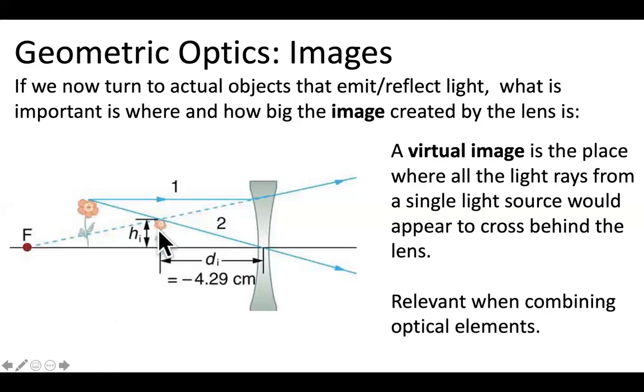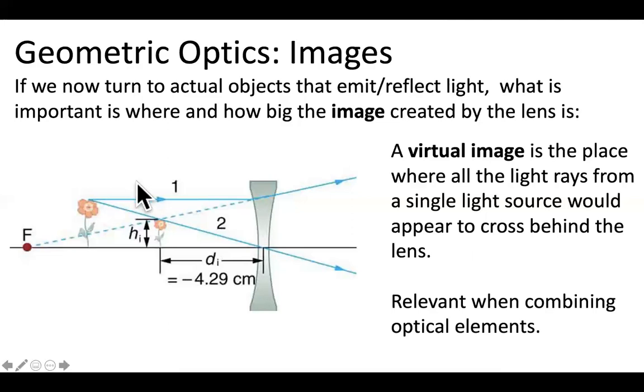But we can't put a detector here to see that because the light rays don't actually converge here. This is what we would call a virtual image. It's where the light rays after the lens seem to come from. Now, this is less useful for where would you put your detector element. Like, you can't put your retina in front of this lens. That just doesn't work. But it is useful for understanding how to combine these sorts of lenses with other optical